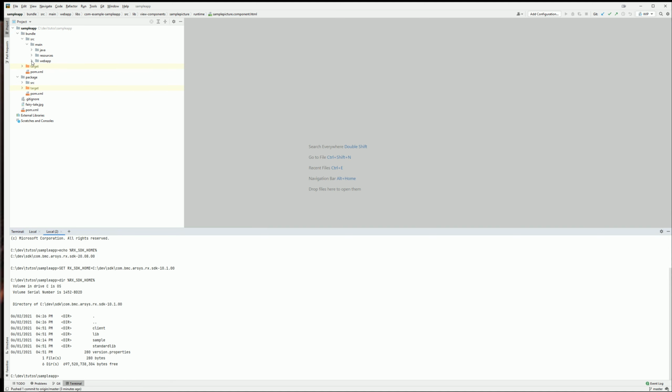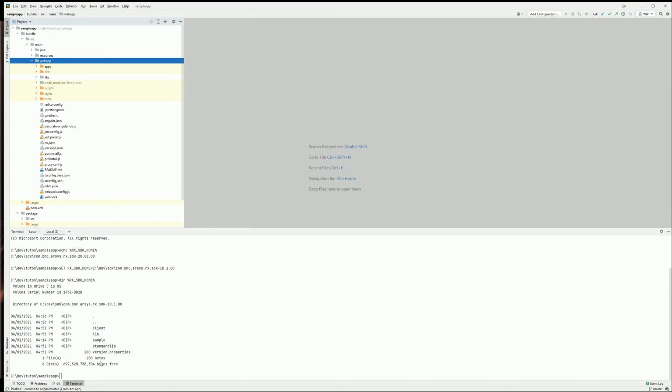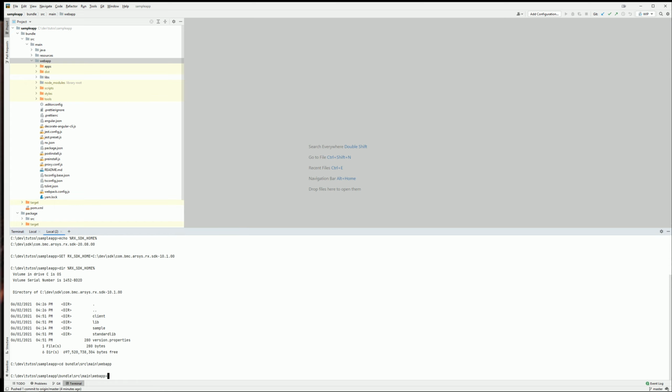So how does debug work? It's using ng serve from Angular. So if you're used to Angular projects, it's not going to be something new. You need to launch the command inside the web app folder from bundle. So let's go to bundle. And here we need to launch a specific command, which is npm start